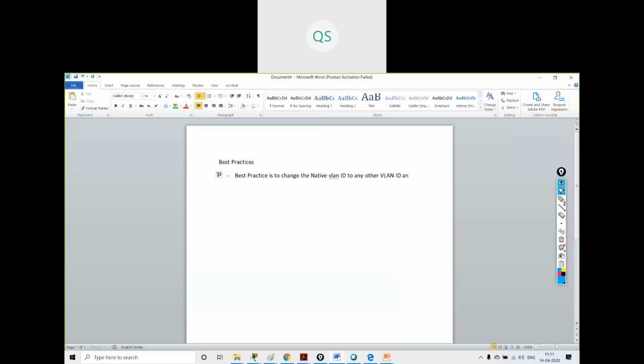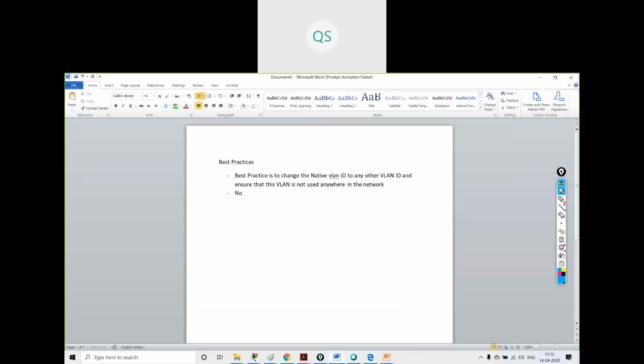Okay, and ensure that this VLAN is not used anywhere in the network. You have to ensure that this VLAN is not used anywhere in the network.